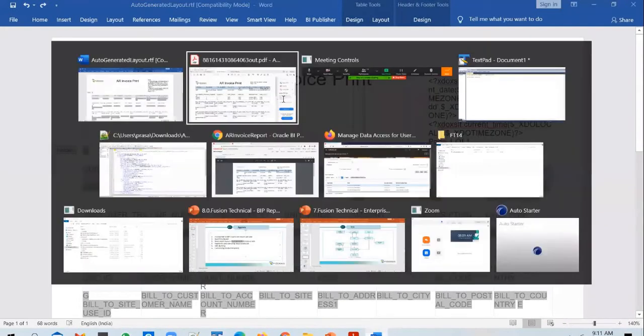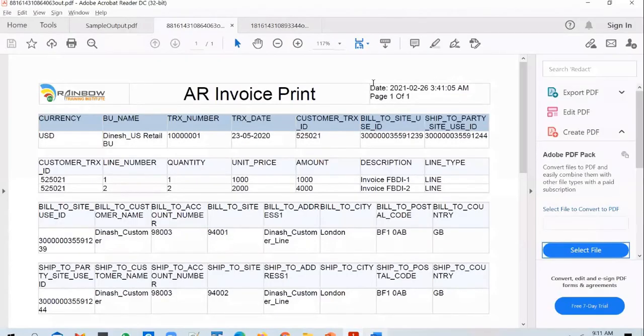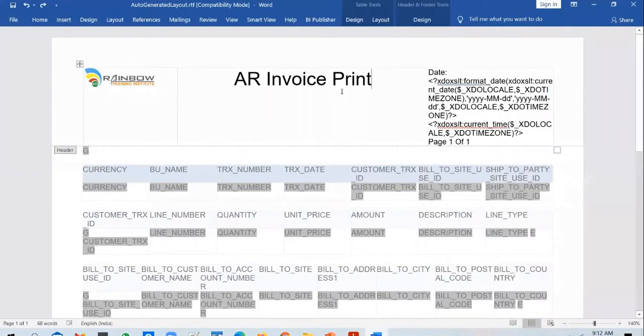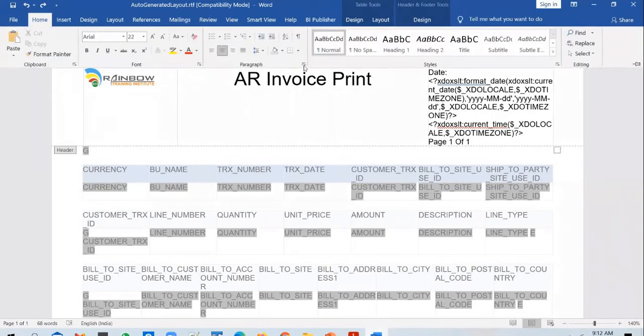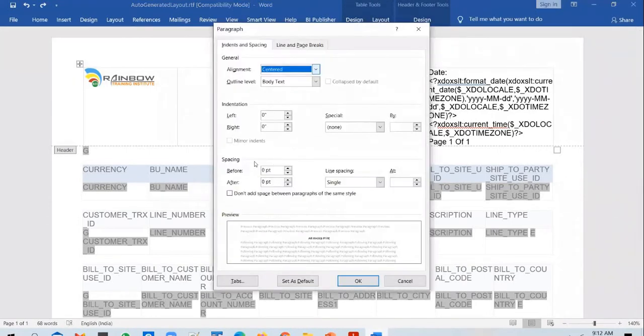as is, you see that these are getting jammed against the line, right? So you might want to give some space after the line before the date is printed and the logo is printed. So if you want to do that, what you can do is you can select this row. So you can select this row, and what you do is you go to home, you go to paragraph, and you can give a spacings for each and every paragraph.